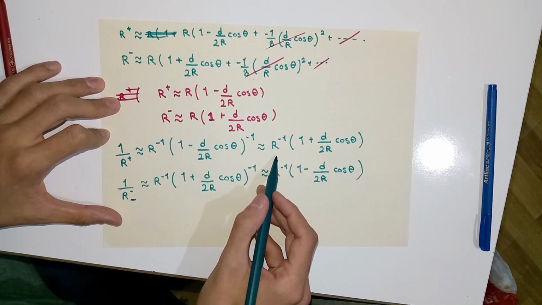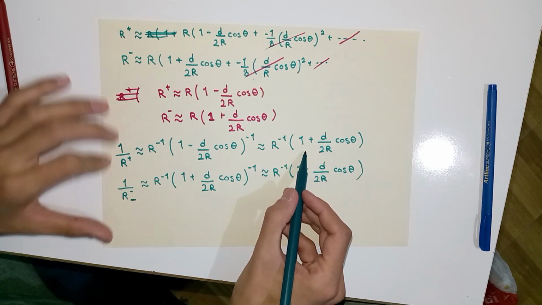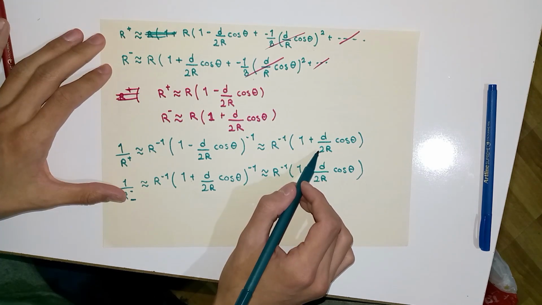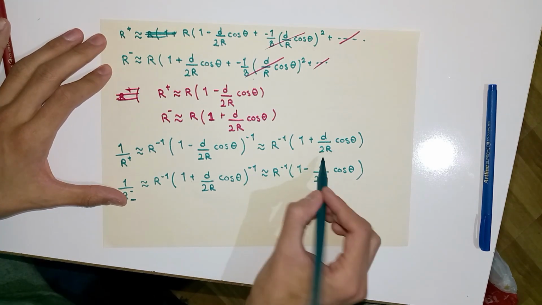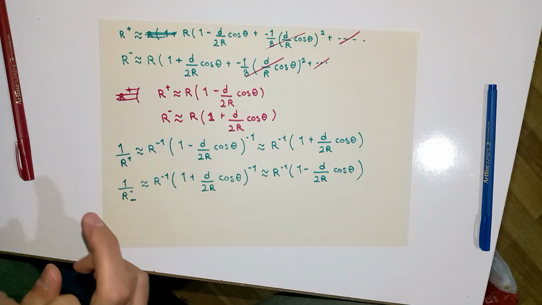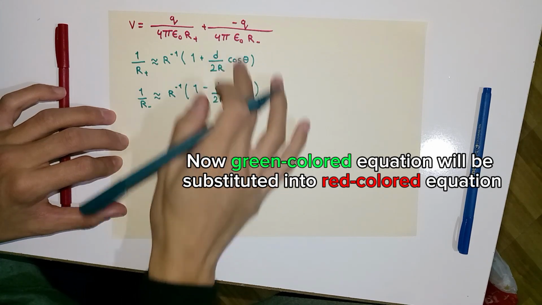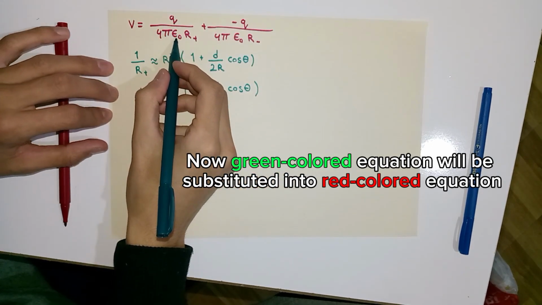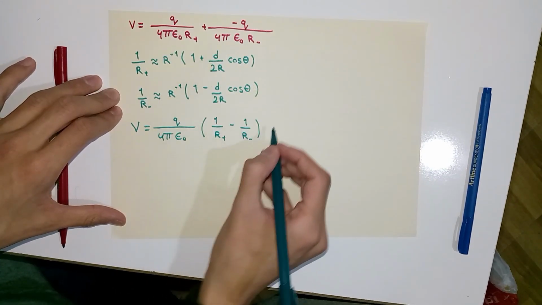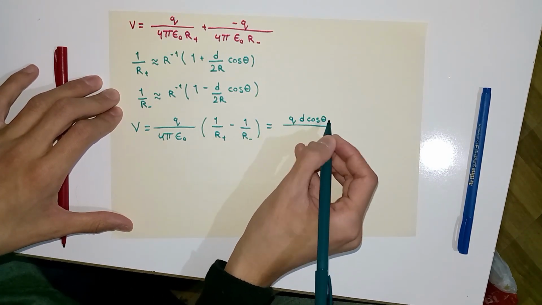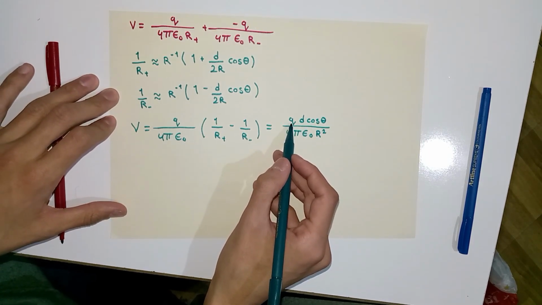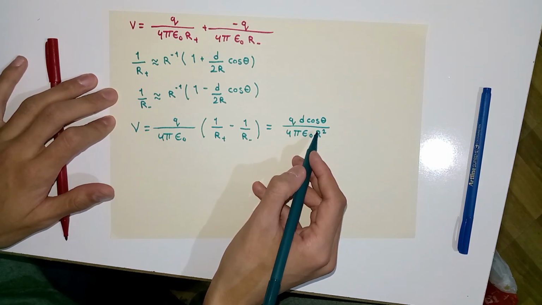Now don't be confused. What I did is apply again the binomial expansion that we did before, and again I took only two terms because the higher order terms are infinitesimal. Before substituting this, I'm going to take q over 4 pi epsilon as a common factor. Now substitute, and we are going to have,